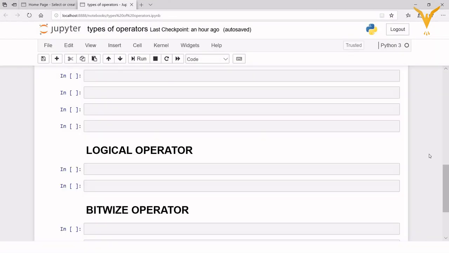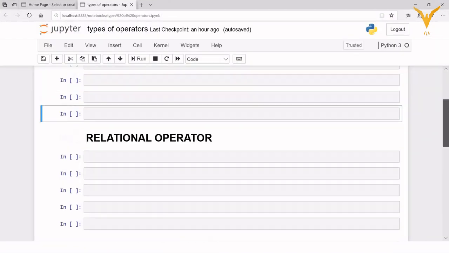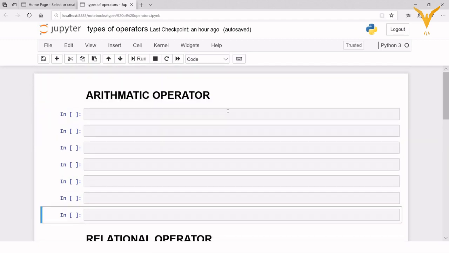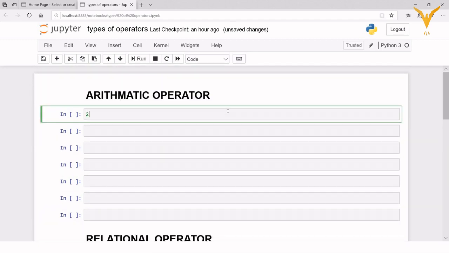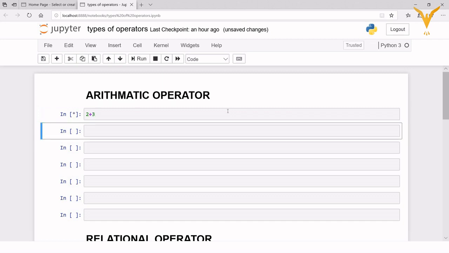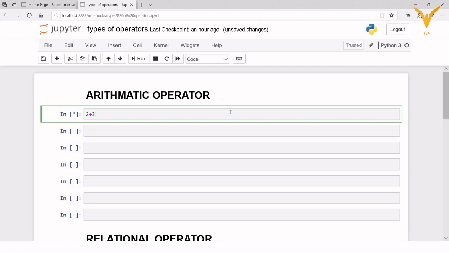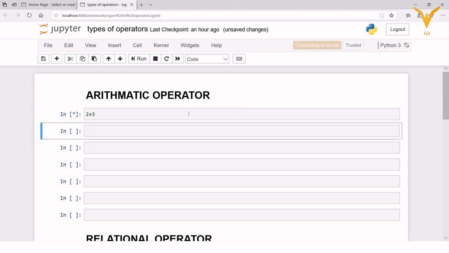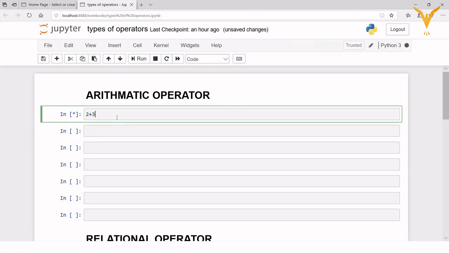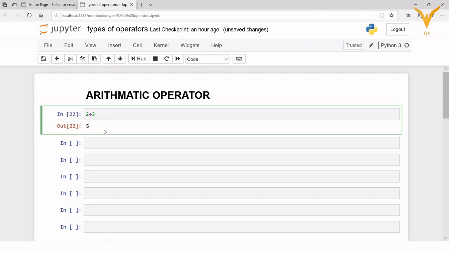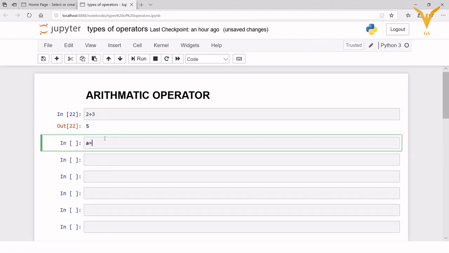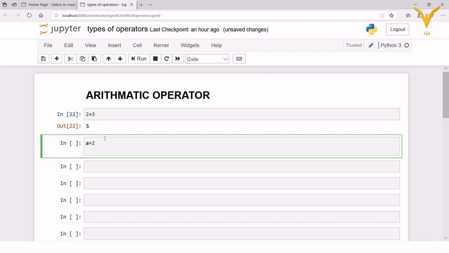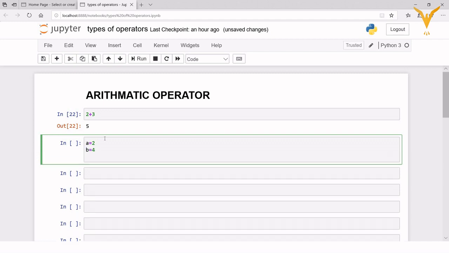Open your Jupyter notebook. First we will see the arithmetic operators. So 2 plus 3, this will give you the answer as 5. Execute it. You can also use variables: a equals 2, b equals 4, and then a plus b.